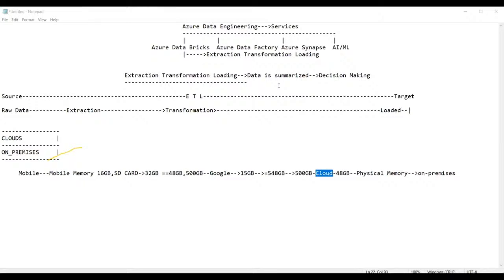From anywhere in the world, without worrying about the physical location where my data is stored. In the same way, where is Google Drive actually stored? Google Drive stores the data in the cloud environment. So what is a cloud environment? Ultimately, it stores the data physically in data centers. Every cloud provider has data centers, and in these data centers the entire physical data is stored. Am I right, everyone?